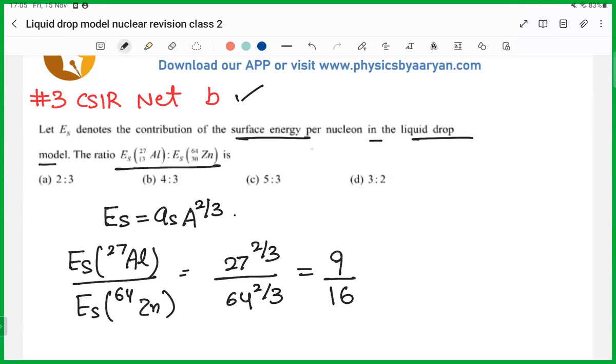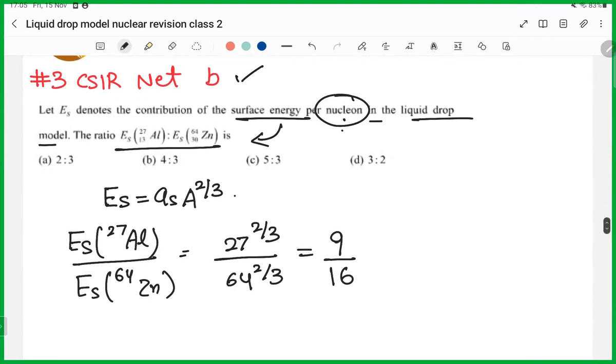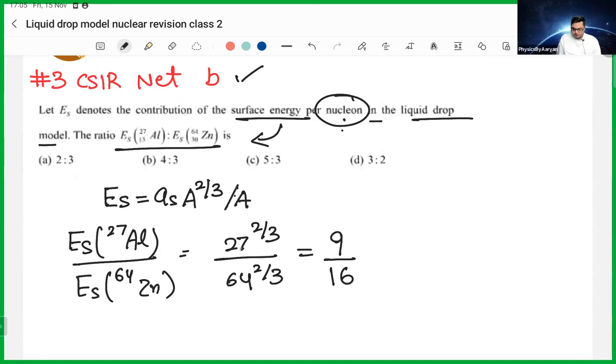Per nucleon बोला. Per nucleon है, so here you also have per nucleon, so it's not only the surface energy but per nucleon. A to the power -1/3. हाँ, तो per nucleon में क्या होगा, you have to divide by A. तो अगर मैं यहाँ पे divide by A करूँ तो वो हो जाएगा, basically divide by A करने से क्या होगा,